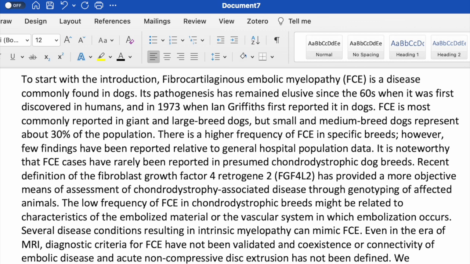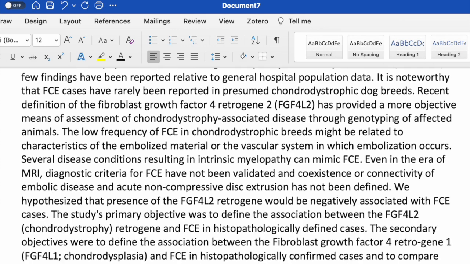The study's primary objective was to define the association between the FGF4L2 chondrodystrophy retrogene and FCE in histopathologically defined cases. The secondary objectives were to define the association between the fibroblast growth factor 4 retrogene 1, FGF4L1, chondrodysplasia, and FCE in histopathologically confirmed cases, and to compare breed data from the study to historical published data, including both histopathologically confirmed